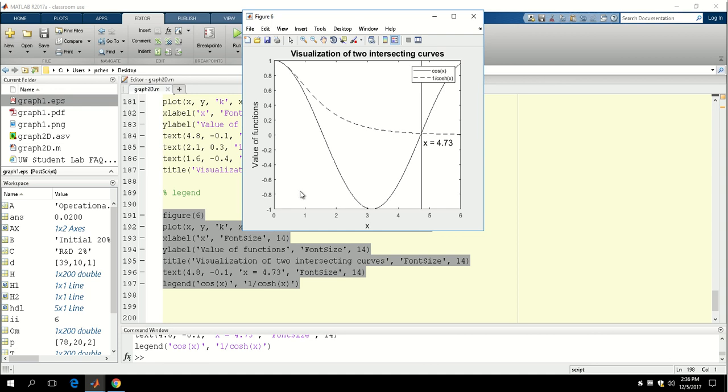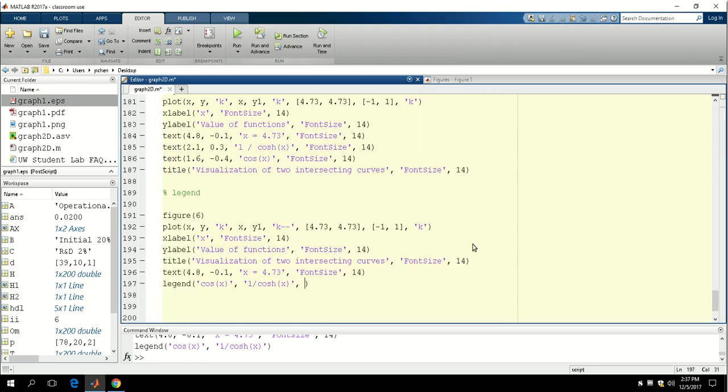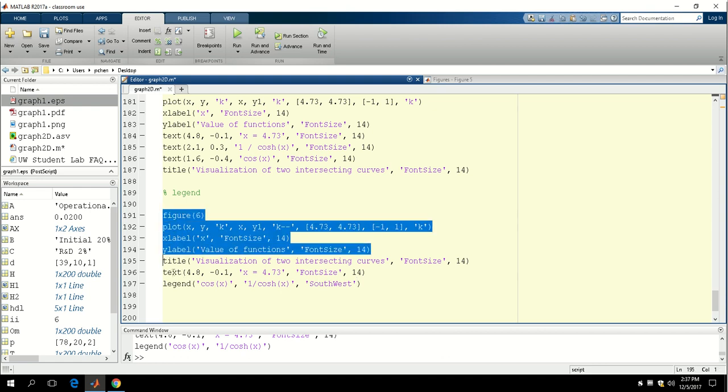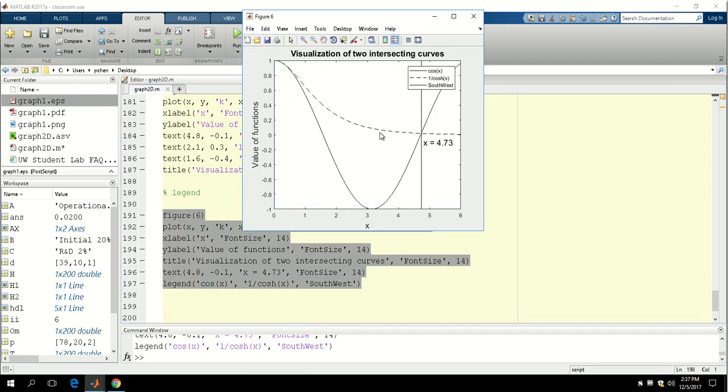Suppose you want to move the box. One of the ways is just to drag it. But if you want to do this programmatically, you can give it another option. Let's give it a southwest. And then if you execute this piece of code, that's going to give you,